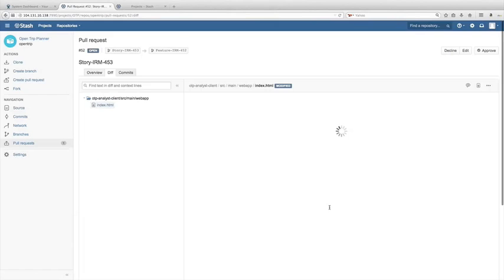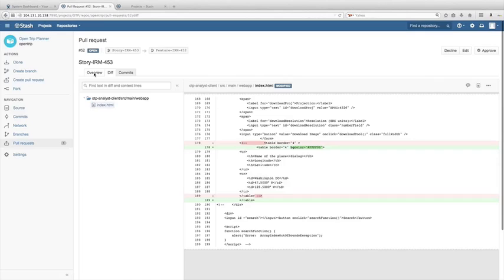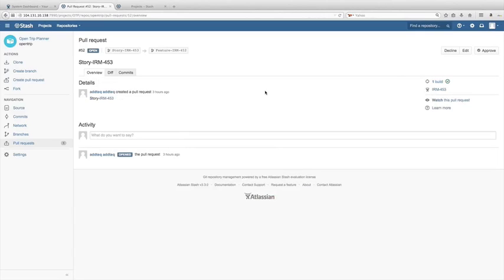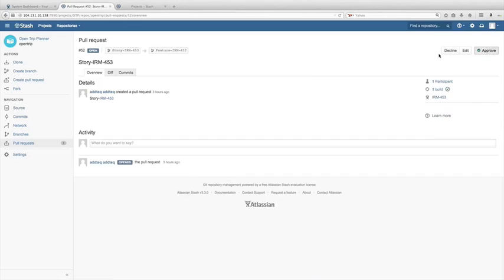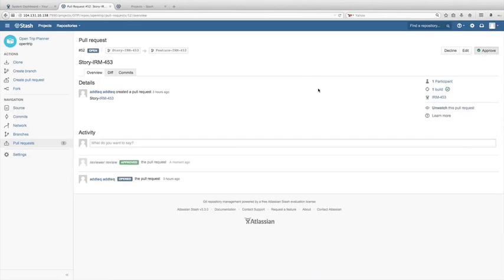So using this information, a reviewer is quite well equipped in taking the decision whether to approve or decline this particular pull request. So in our case, let's assume that the reviewer is fine with the code implementation and he approves the change. Now once approved,